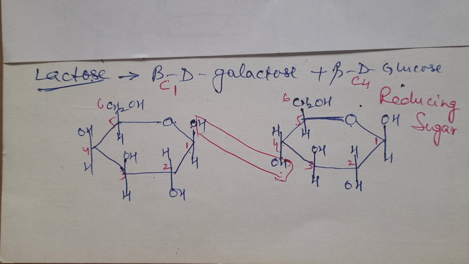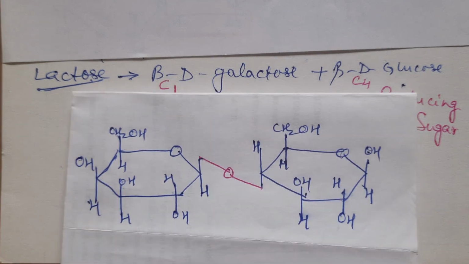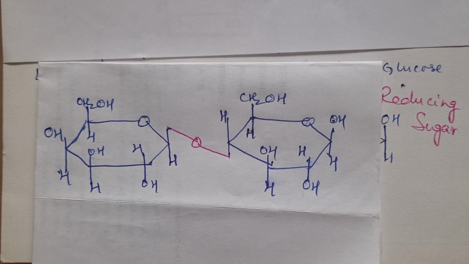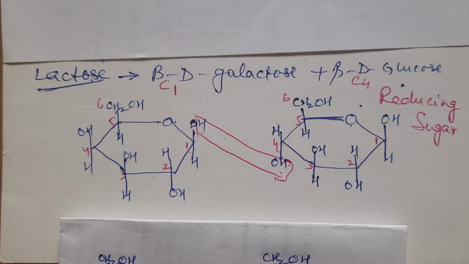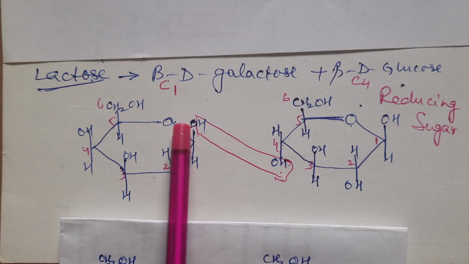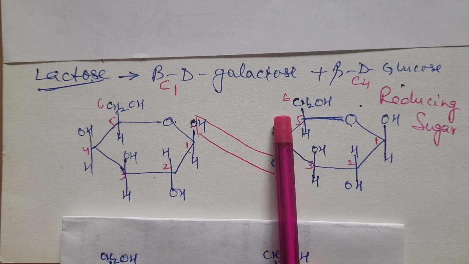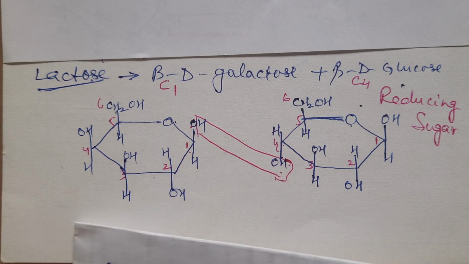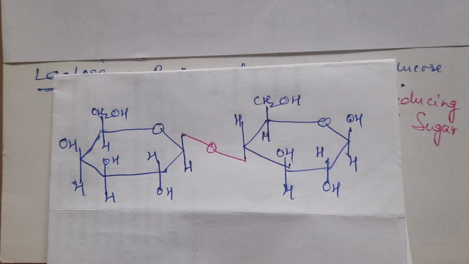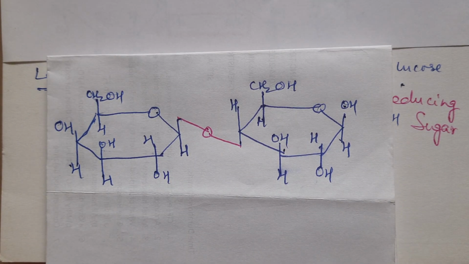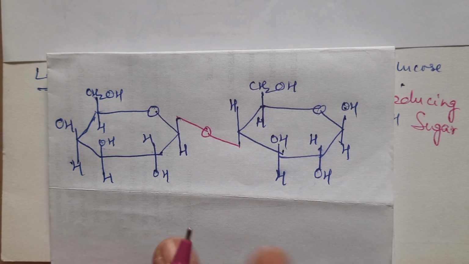Is this clear? Now we'll draw the structure again and show you what lactose is. This is the structure, children. You will get it. Just see here. It's the same thing. I've just removed water. So now what is left over? O in between. This H will be on the top. This H will be down. You can see here. This is the lactose structure.